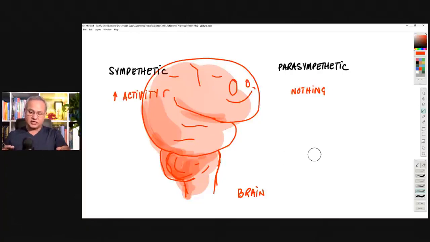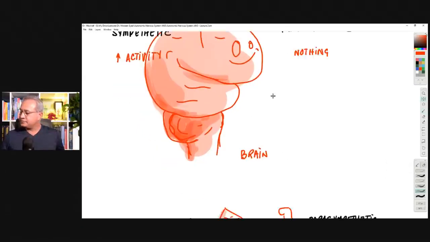So the question once again, if parasympathetic doesn't do anything to the brain, then why when we have eaten food, we have that coma or sleepy situation? That is not because the brain activity is low. That is because we have more alkaline environment, because we have extracted the hydrogen ions from the blood for digesting the food. An alkaline environment makes us sleepy.